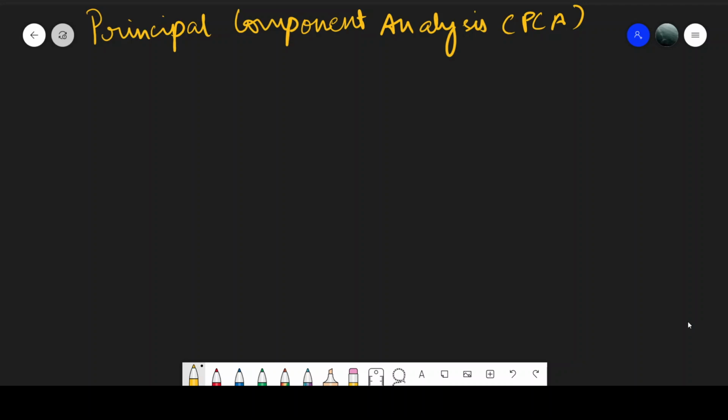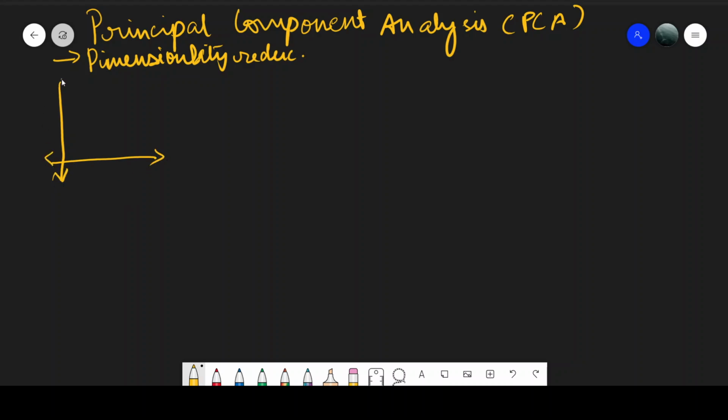So today I'm going to explain what principal component analysis is, what it's used for, and I'm going to derive the theory behind PCA, which is principal component analysis. So in essence, principal component analysis is a dimensionality reduction technique. So what that means is that, let's say I have a data set of two dimensions,